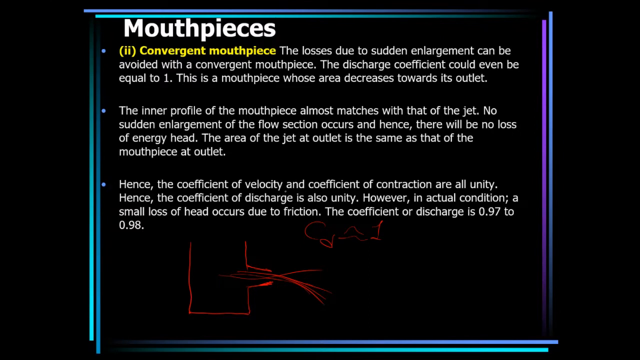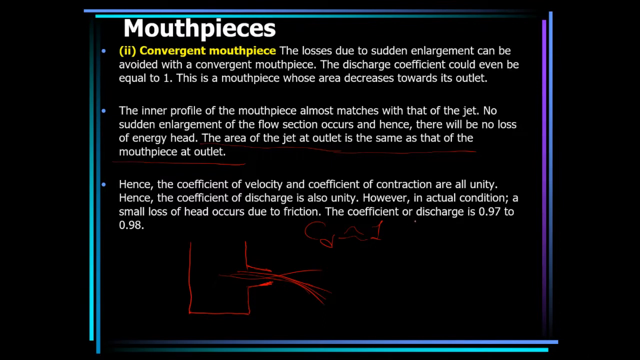Hence the coefficient of velocity and coefficient of contraction are all unity because of the fact that the area of the jet is the same as the area of the mouthpiece. Okay, so the coefficient of contraction becomes unity and the coefficient of velocity becomes unity, which means the coefficient of discharge becomes unity as well. However, in actual condition, like I mentioned before, a small loss of head occurs due to friction. So the coefficient for discharge,